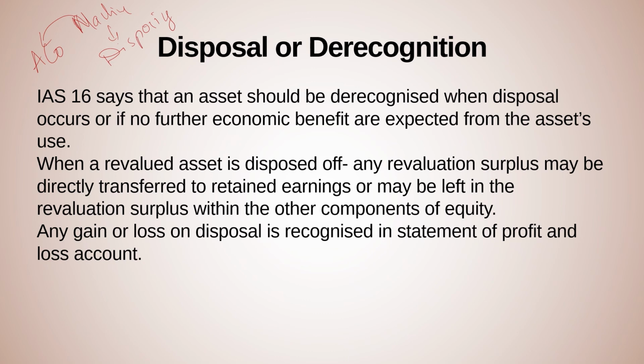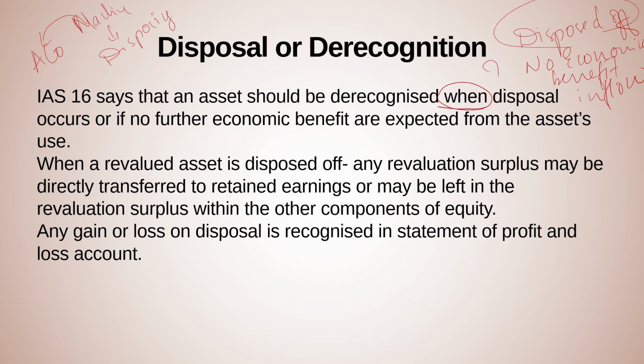IAS 16 says that an asset should be derecognized when it is disposed of or when no further economic benefit is expected from the asset's use. If by using the asset there is no economic benefit or the asset is disposed of, then you can derecognize the asset. When a revalued asset is disposed of,